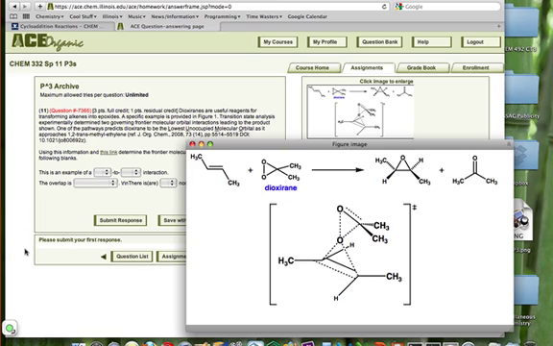The problem you're looking at here covers this interesting reaction between a dioxirane, which is characterized by an O-O bond in a three-membered ring, and an alkene. And as you can see, the final result is epoxidation of the alkene, that is, addition of an oxygen atom to the two carbons of the double bond, and the production of a ketone, which is derived from the dioxirane